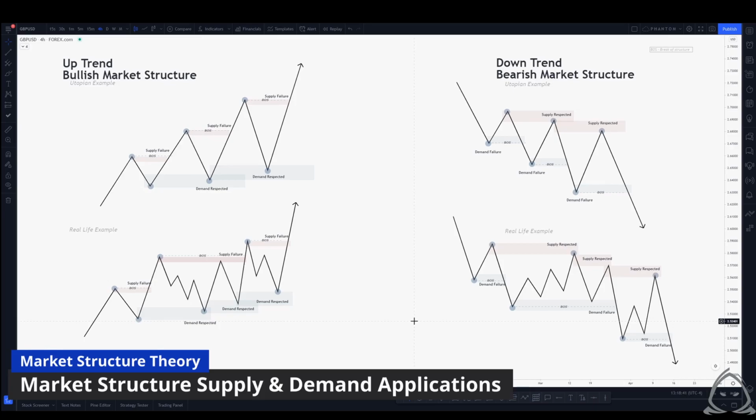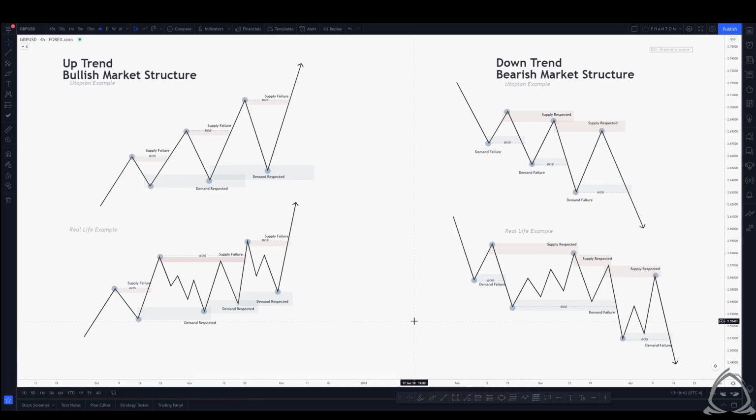Now let's take it one step further and combine market structure with supply and demand to understand how they interact with one another. Using the same examples from prior, we have the, again, utopian bullish trend example. We're creating higher highs, higher lows, higher highs, higher lows, higher highs, and higher lows. But if we take that a step further and look at that through the lens of supply and demand, what